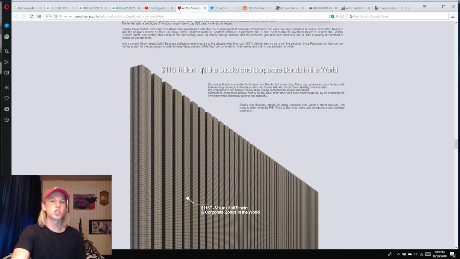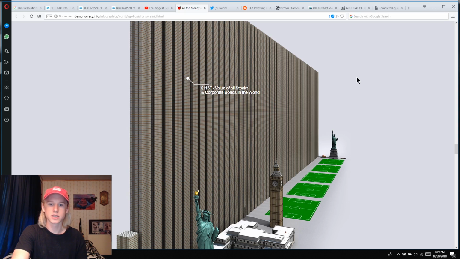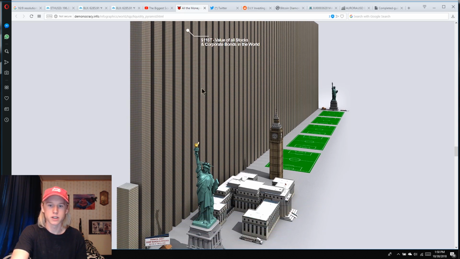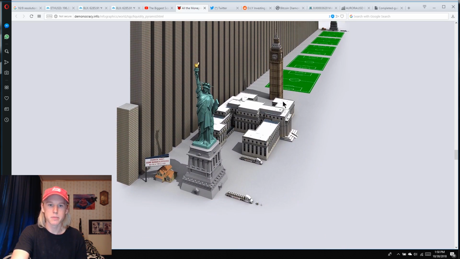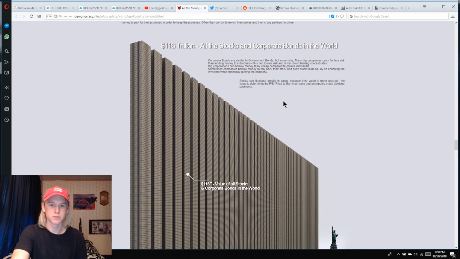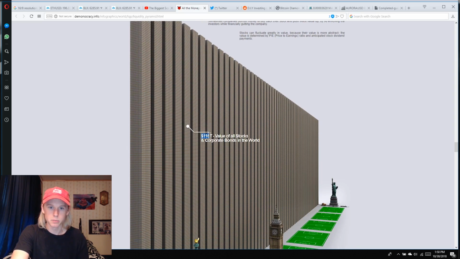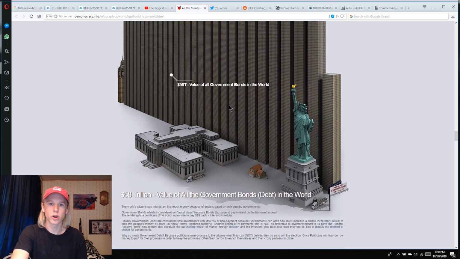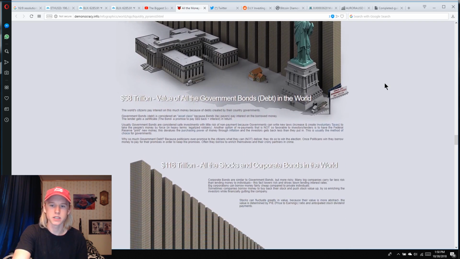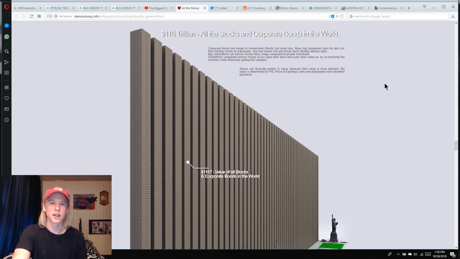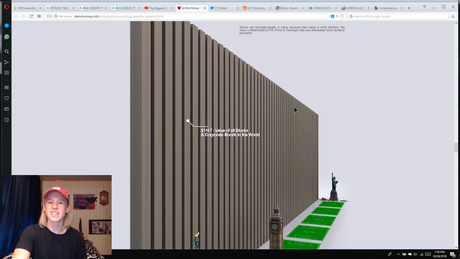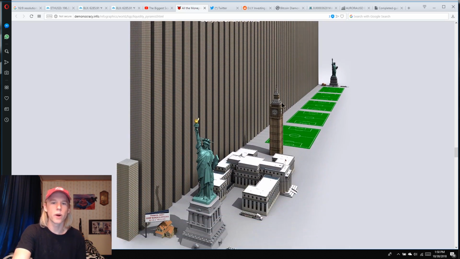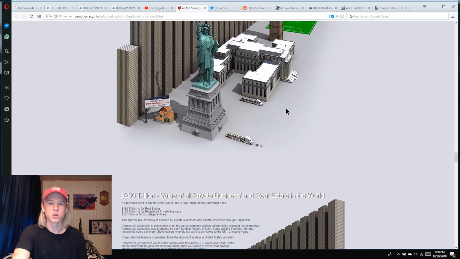Now, $116 trillion. This is all the stocks and corporate bonds in the world. So this is just insane, guys. $116 trillion. Think about how massive this amount of money is. These are corporate bonds and stocks in the world. Bitcoin's worth $100 billion right now. And even if just some of this wealth trickled in, think about where that would take us. And it's really not that hard to imagine $100,000 Bitcoin when you look at the whole grand scheme of all of this money and all of this wealth tied into the world. That's just so insane and astronomical.